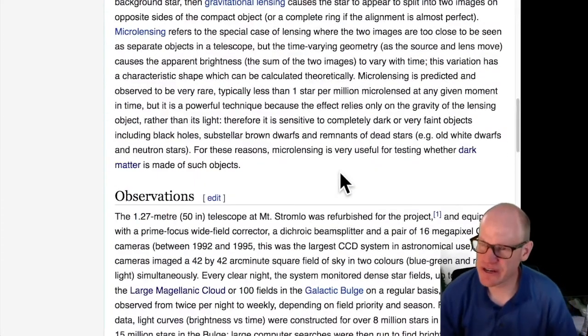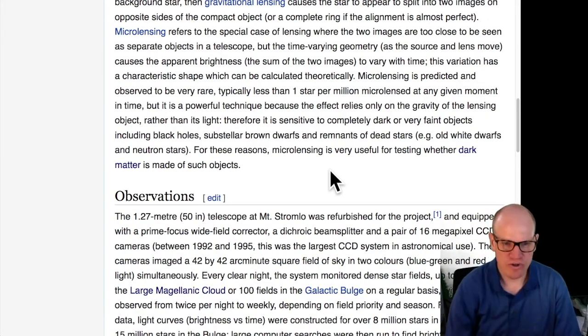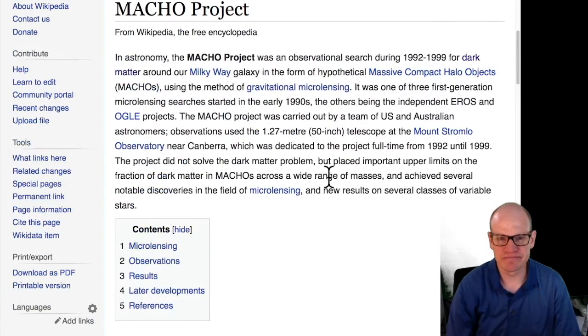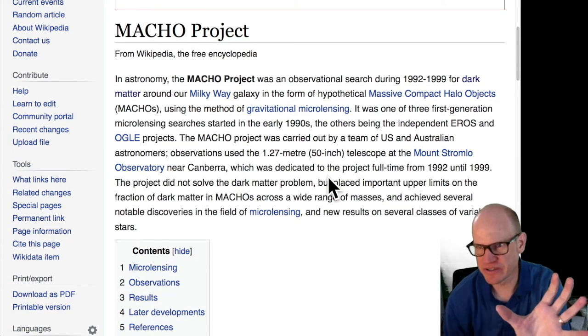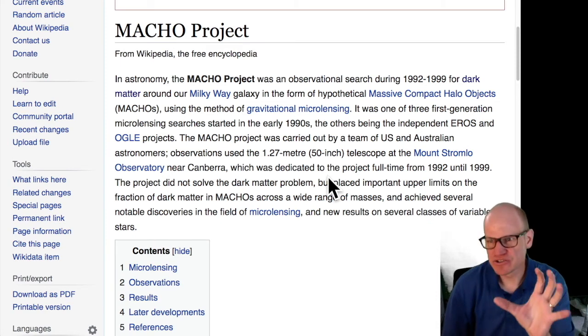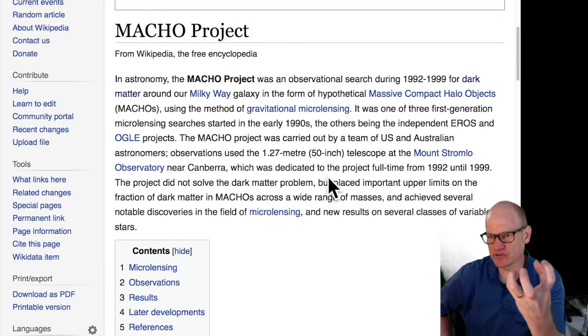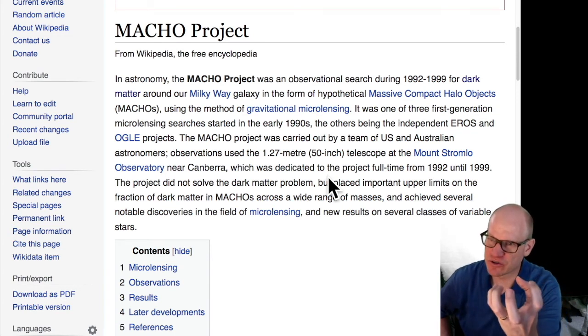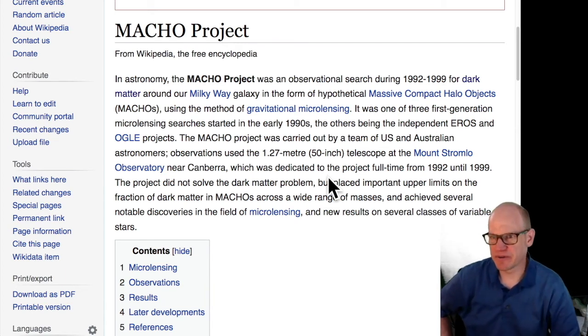So they constrained the fraction of dark matter that could be explained by these things. There are some windows of mass where this MACHO observation campaign wasn't sensitive to it. So for example, I think it's 10 solar masses, if primordial black holes are 10 solar masses, then that could be the dark matter, or at least a significant fraction of the dark matter, and it would have avoided detection in the MACHO project.